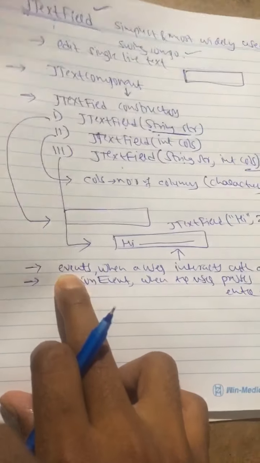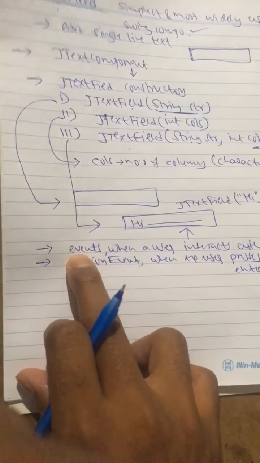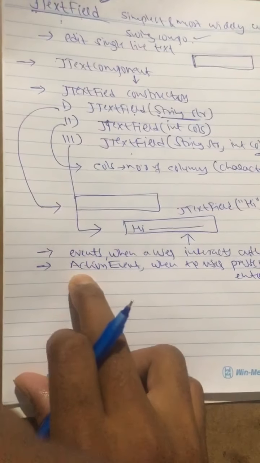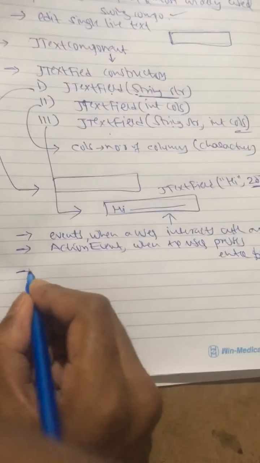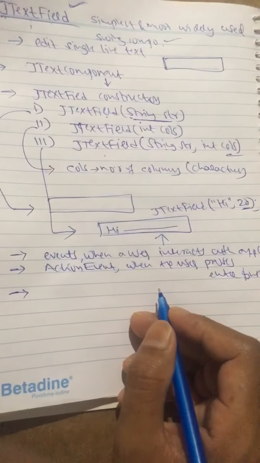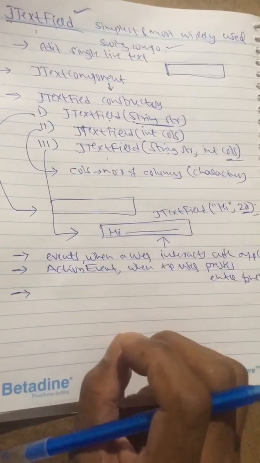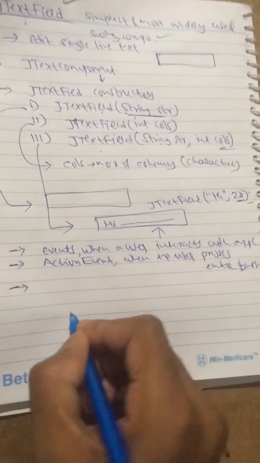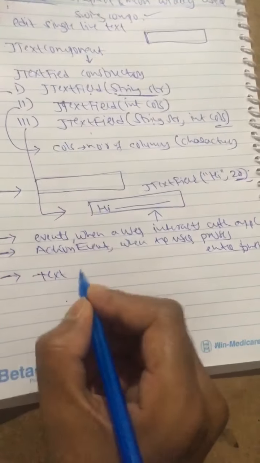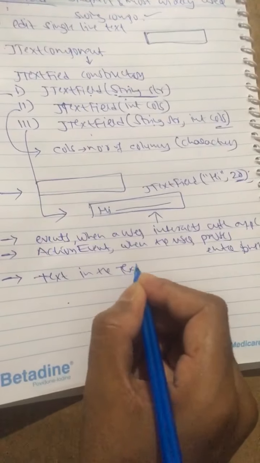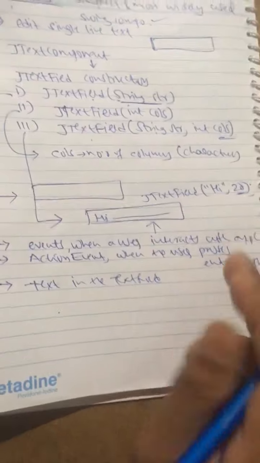In order to handle user interaction, it creates events and handles events. For that it uses event handlers. All applications do not need to handle the events; there is no rule that all applications handle events. So in our example, we are displaying text in the text field when the user presses the enter button.